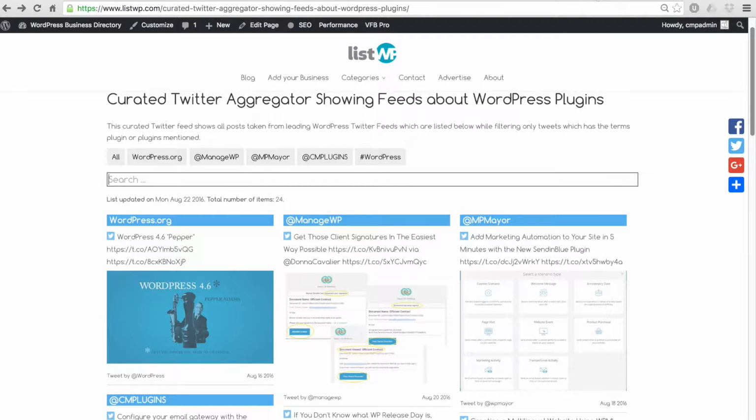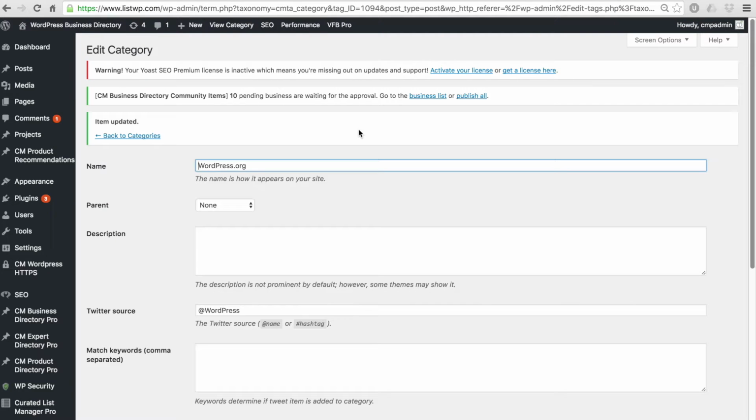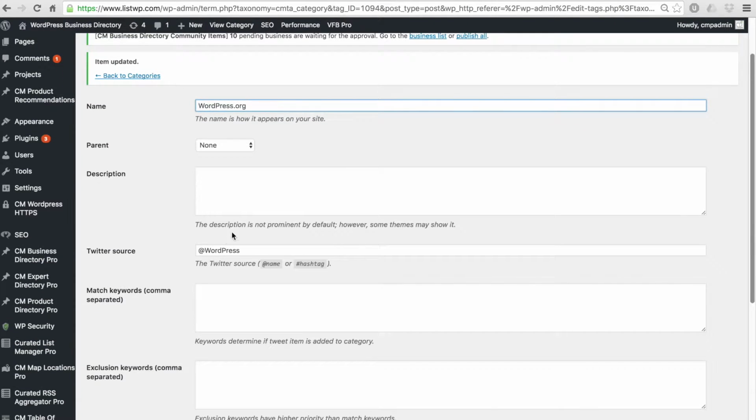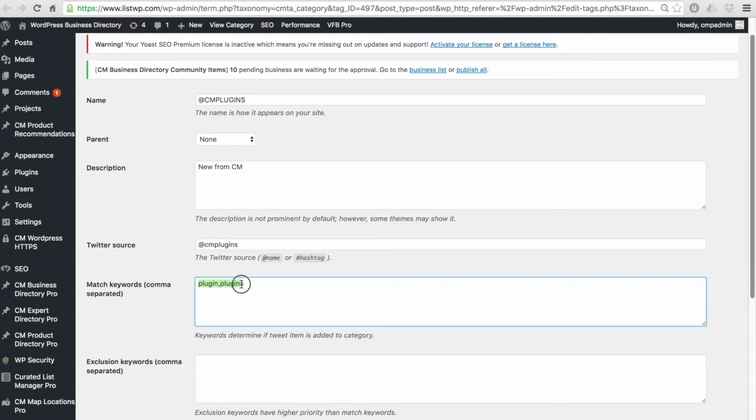So now let's take a look from the backend how we create this aggregator. So in the plugin, you can define several different categories, and these are in fact the sources of the tweets. For each source, for example, WordPress.org, you can define the Twitter source that corresponds with that particular category. And you can also define keywords for that category. And that means that if someone searches for this keyword, all of the tweets coming from this account will appear